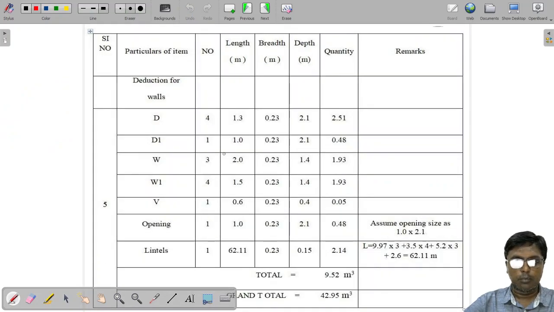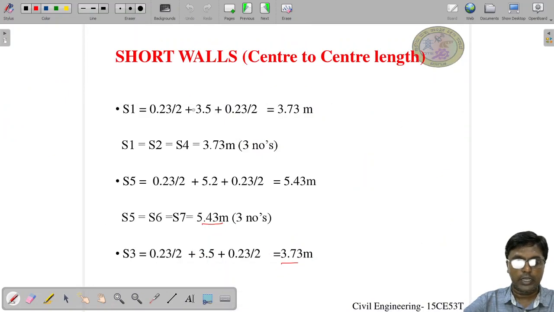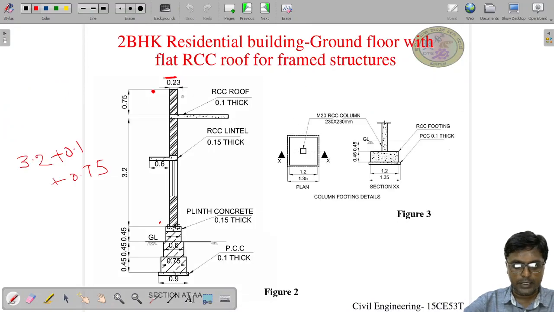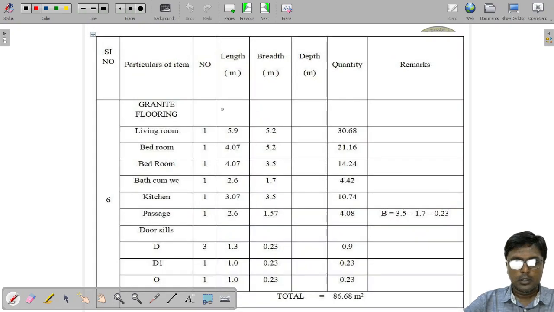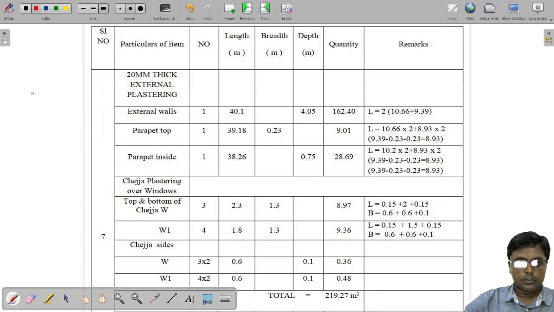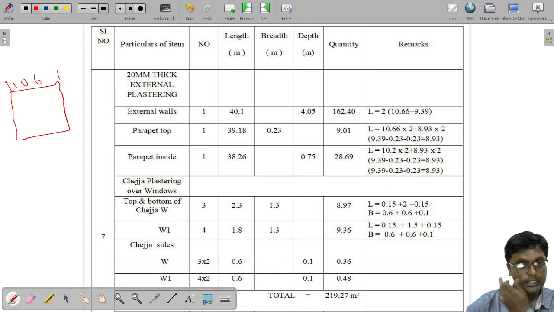Next, again, we have not completed the plastering, external plastering. We have to do the inside of the brick wall, inside of the parapet wall. This part we have to do plastering. So how to do plastering? Again, let us take, I have to do plastering for the inside. So what does it mean? Again I have 10.66. There is no necessity to use the full length 10.66, because you have to use it for the inside of the parapet.